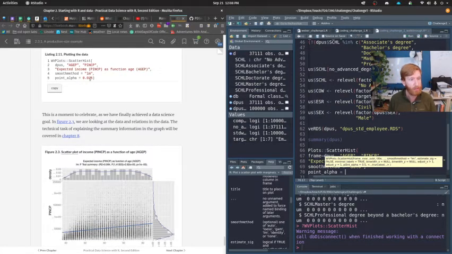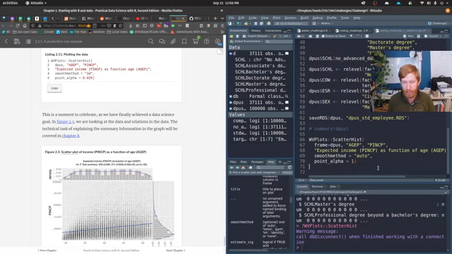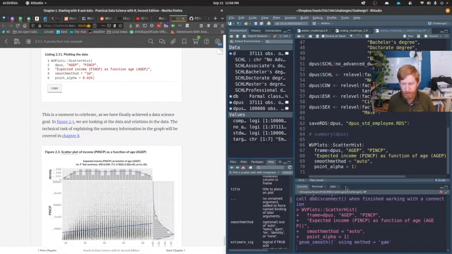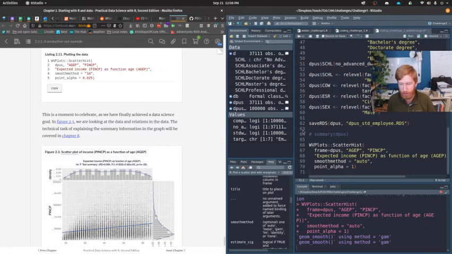So here, 0.025, so 2.5% non-see-through, right? So we're not putting a lot of ink down on the graph for each individual point. So to make a dark spot like this, there has to be a lot of data there. Just to show you how that might turn out differently, if we said point alpha equals 1, let's give us some space so it shows